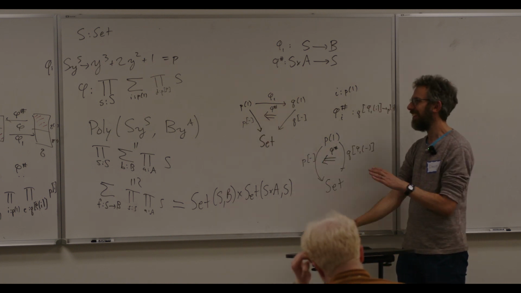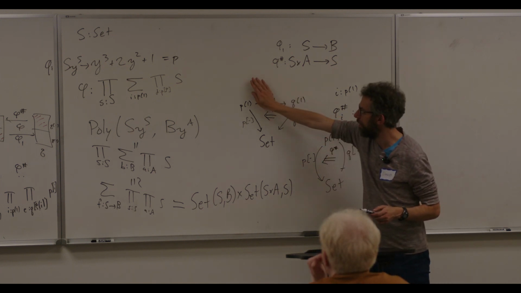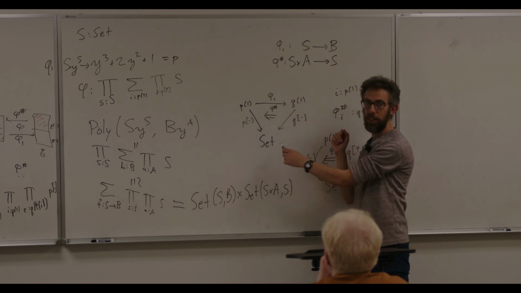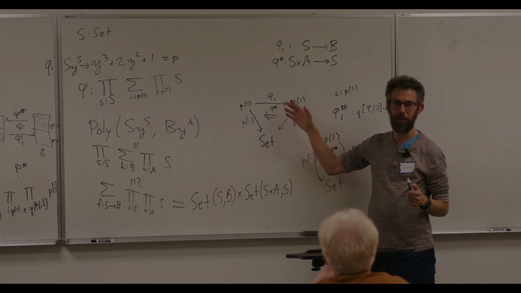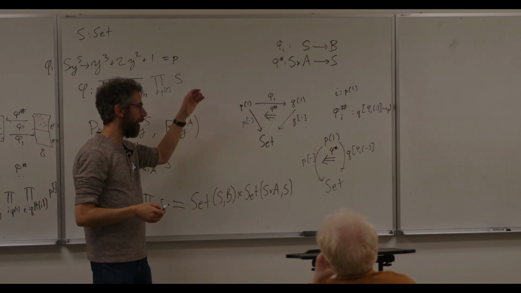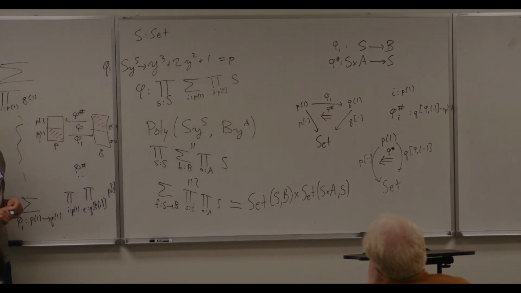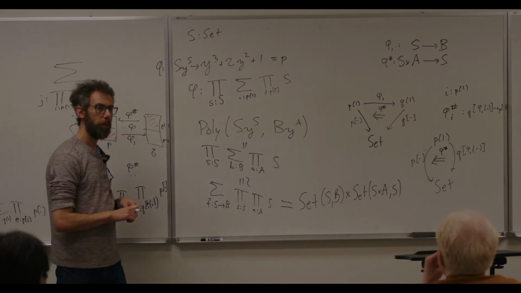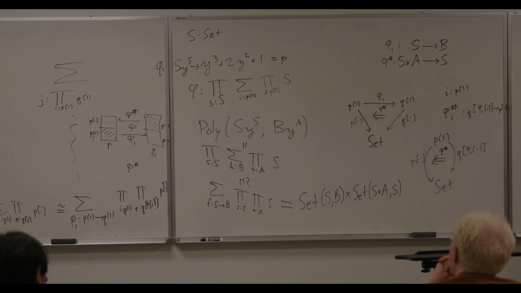This is just an alternate formulation of what a polynomial is. There's a way of thinking about polynomials as these pictures here and these pictures here. I just wanted to show you this notation because it's useful. It can be useful to think of things this way, but maybe it wasn't worth it. The point is that I'm sometimes going to write phi and phi sharp, and that's one way of viewing where they live. But this actually makes the lens thing, I don't know, categorical. It expresses the lens structure